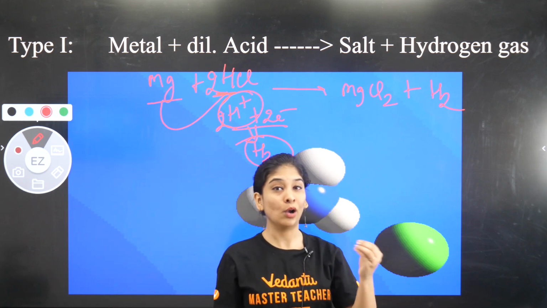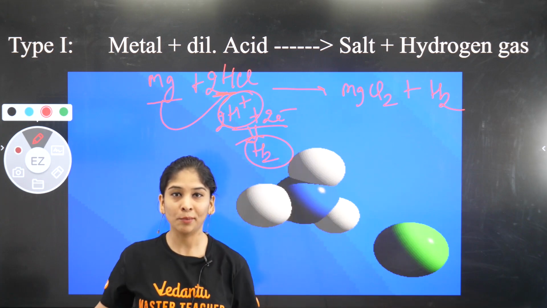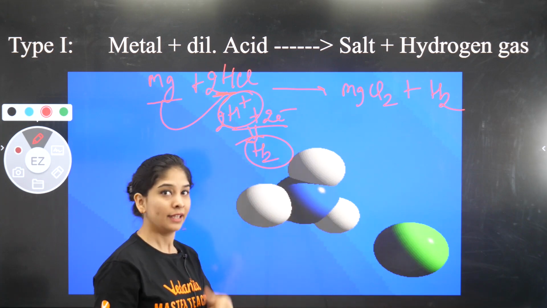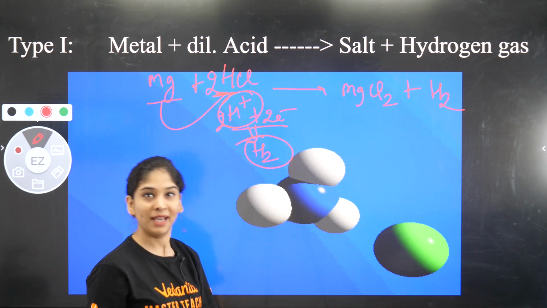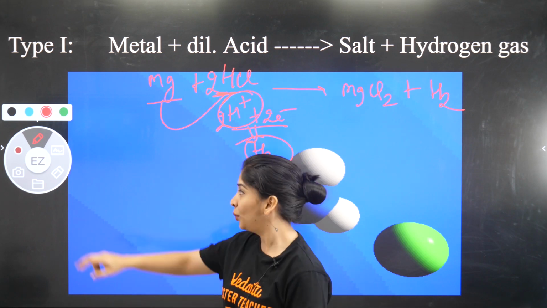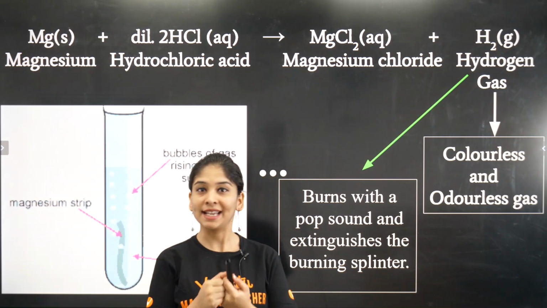Okay, you can find out this hydrogen gas by a chemical test also. Please quickly tell me in the comment box what exactly that test is. Then we are going to move ahead, right? So the basic funda is clear. We can move ahead by looking at some more examples. Let's see how we find out.